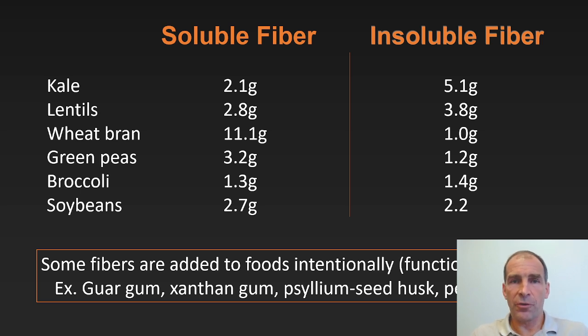Now, there are also fibers that we sometimes add to foods. We call these functional fibers or added fibers. There's lots of examples of these, and you often see them in the ingredients of your food item. Guar gum, xanthan gum, pectin, cellulose, some polydextrose is another, where we add these fibers intentionally to foods. Sometimes as a sweetener, sometimes to add texture or certain feel to the food. That's important, whether it's in a baked good or something that needs to have more of a shelf life.